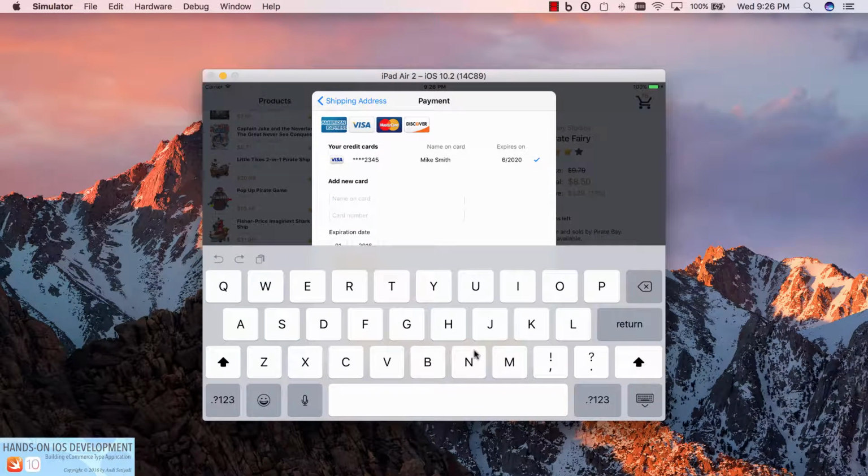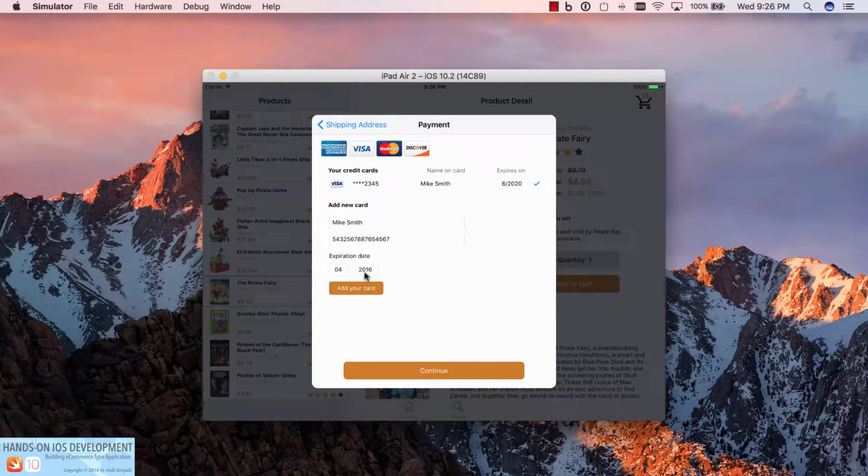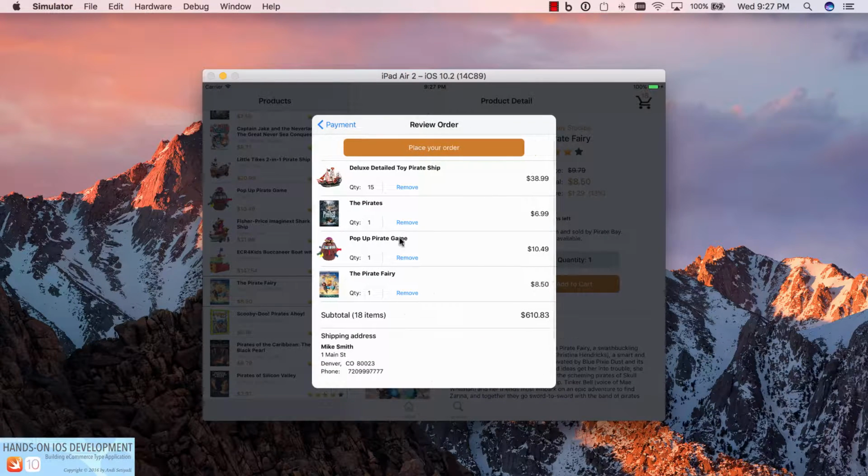Then if we want to have a different card, we can also do that. And maybe let's use one starting with 5 on this one. And then select a different expiration date and add the card. So it's defaulted to the last card that we added, but we can also choose which one we want to use. And then as we click continue, again it will go to the review order